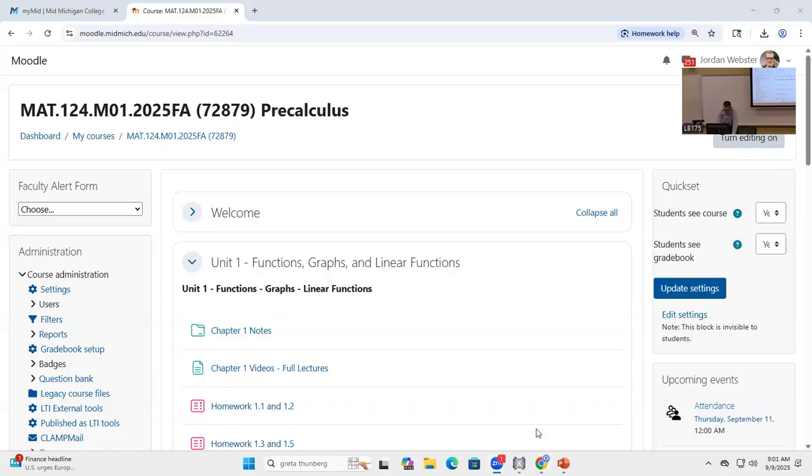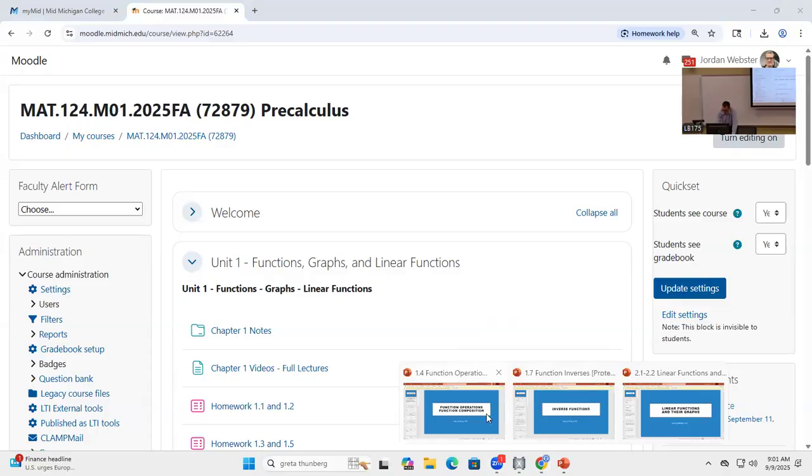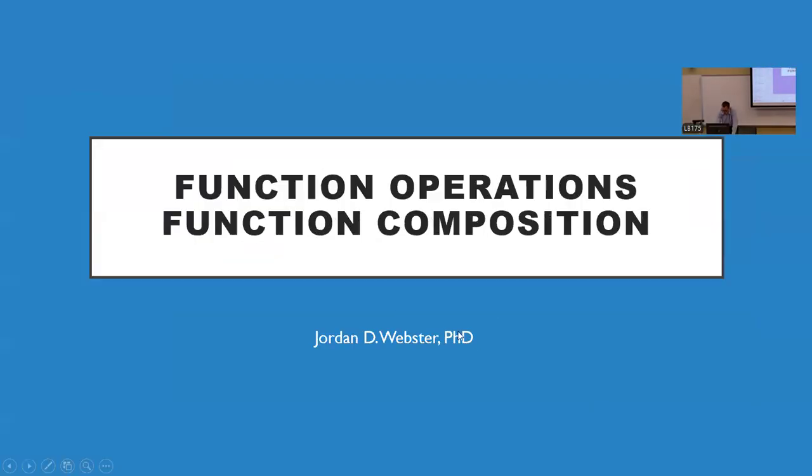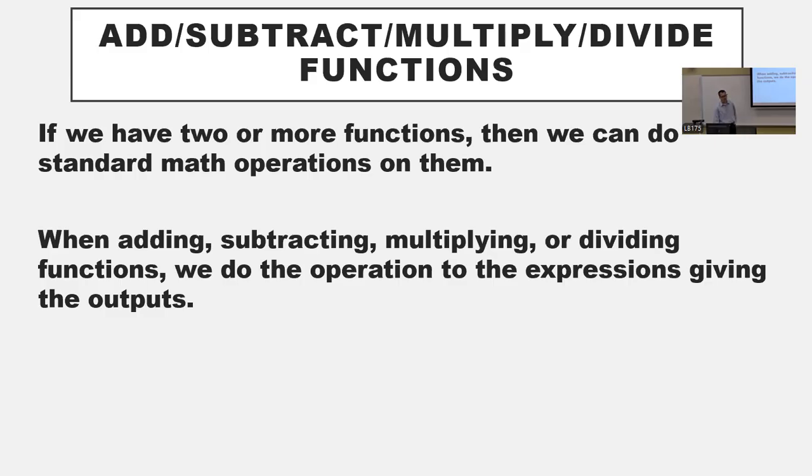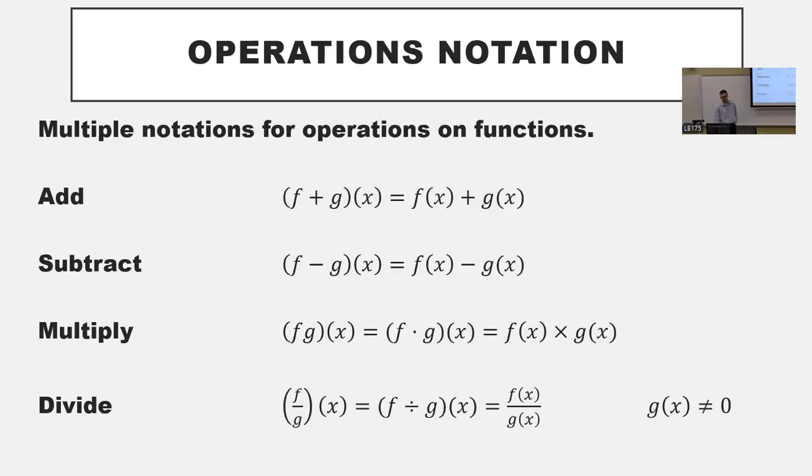So last time, we had dealt with some function operations, and specifically we were focused on add, subtract, multiply, and divide, two functions. And we saw that when we added and subtracted and multiplied and divided functions, basically we just add, subtract, multiply, and divide the outputs of those functions. The only thing we have to watch out for is making sure the denominator is not zero when we divide